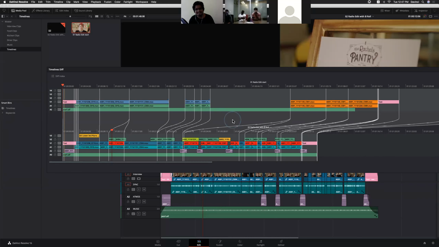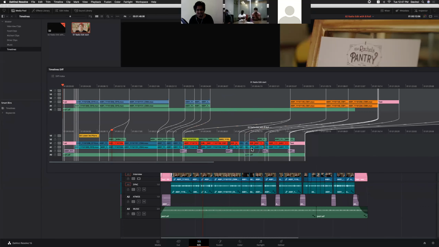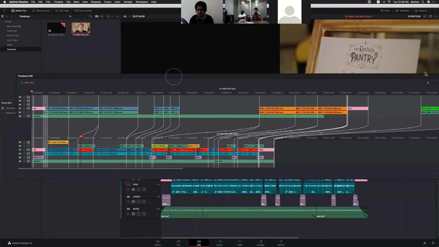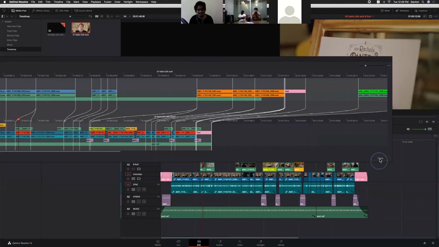You can match everything by simply right clicking, either the selected one or in the timeline one. If you click accept changes, wherever the changes are, it will automatically modify the entire timeline for the selected timeline. But it will be useful only if you are working with a different version, for example if you want to compare today's version with yesterday's version, right? So once work is done, simply click close.